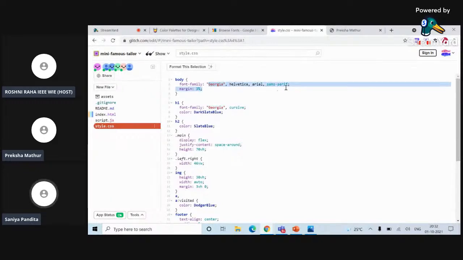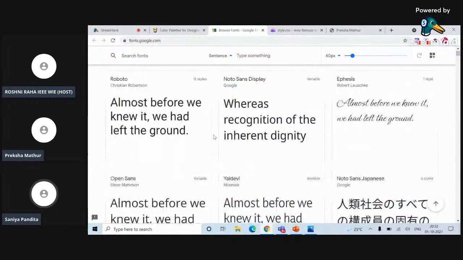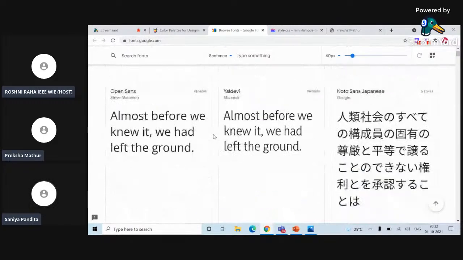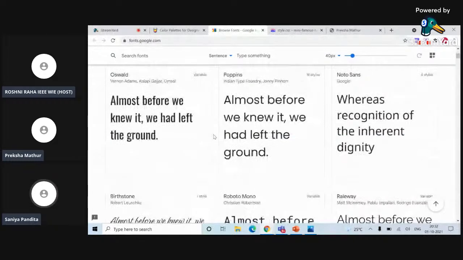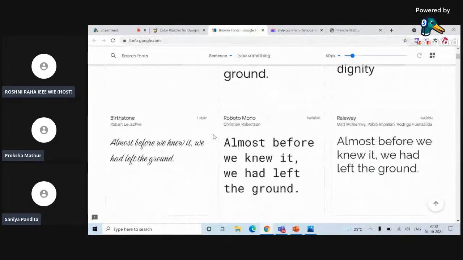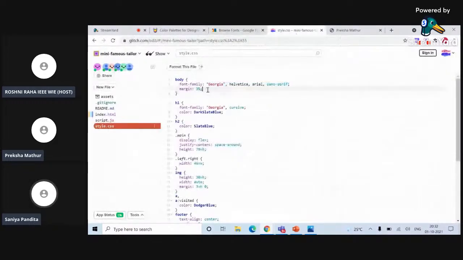And there are a bunch of fonts on Google. You can always Google it up. For example, you can come here. I hope my screen is visible. Yeah, okay. You can type googlefonts.com, and you can see a bunch of fonts, like Roboto and Open Sans, etc. Whatever font you like, whichever size you want, you can choose and select that. There's a copy option. You can copy it and paste it onto your editor, wherever you're typing your CSS. You just take the name and put it there, and it'll reflect onto your output screen. Okay, so going back to the CSS code,